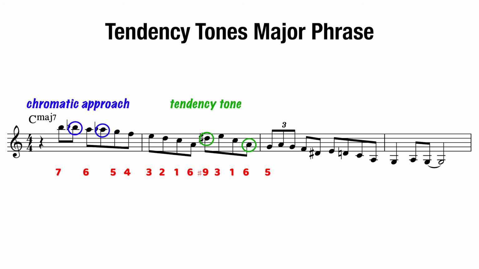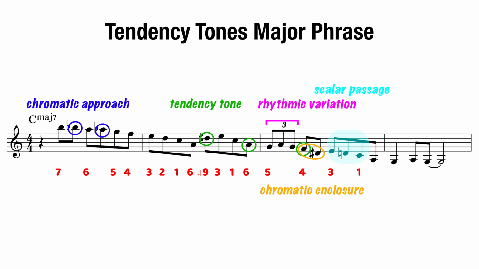Once we get to the 5th, we have this little rhythmic variation, this 8th note triplet in here to set up the 4th. And the 4th, this is going to be a major scale tendency tone, is going to want to move to the 3rd. We do so using a chromatic enclosure. Then we're going to sort of move down a scalar passage